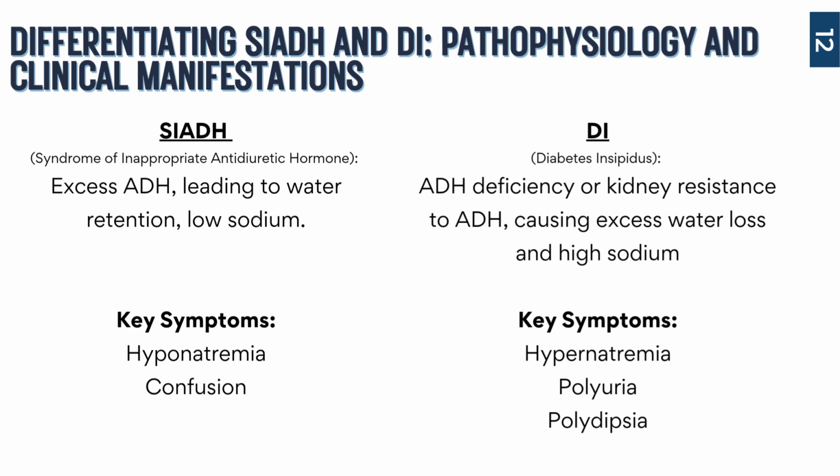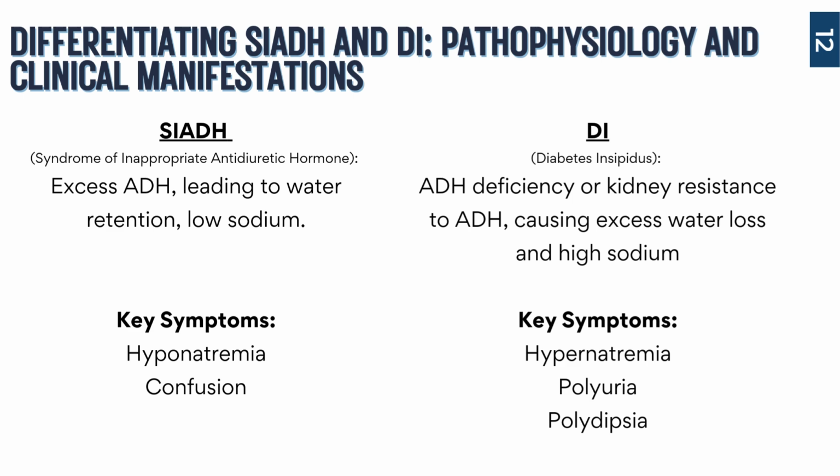SIADH, or syndrome of inappropriate antidiuretic hormone, this condition involves excess release of ADH, which causes the kidneys to retain water. This excess water dilutes sodium in the blood, so you have more fluid in the system because the kidneys aren't excreting as much fluid. So now the blood is more dilute, so your sodium levels are going to be lower, okay? So patients with SIADH may present with symptoms like headache, confusion, weakness, and even seizures due to that low sodium. Water retention can cause the patients to gain weight without visible edema because it's primarily retained inside the cells.